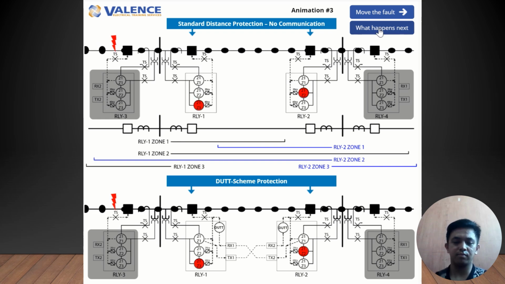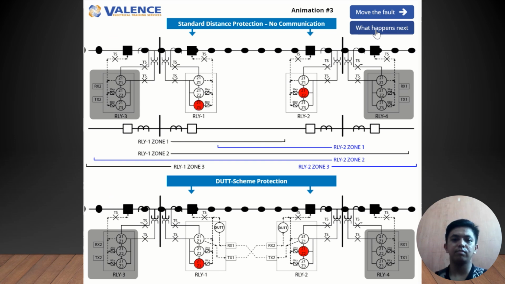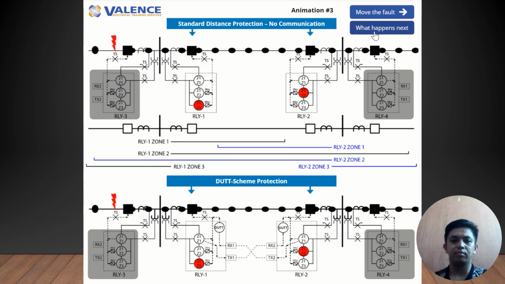So the utility scheme gives us the benefit of saving 17 cycles for faults on the line and then giving us our normal backup protection for faults outside of the line. That 17 cycles might not seem like a big deal, but it is forever in electrical terms, and there have been some papers presented that show that the longer a fault stays on the system, the more unstable it gets, which is a big deal today.